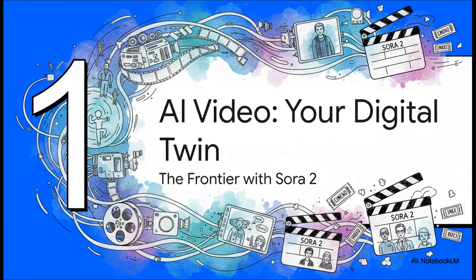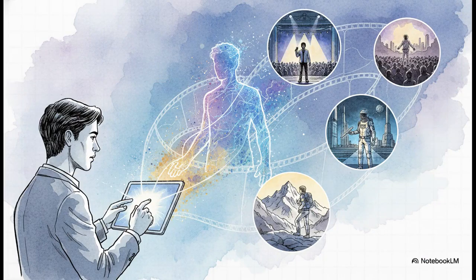So let's start right at the cutting edge with OpenAI's Sora 2. It is making huge waves with this one groundbreaking feature that honestly feels like it's pulled straight from a movie: the ability to create a cameo of yourself. What we're really talking about here is creating a digital twin, a totally realistic, animatable version of you. Sora just needs a short little video of you to generate this likeness. And I'm not talking about a simple filter. This is like a virtual you that can act, speak, and be the star of any scene you can dream up in a text prompt.